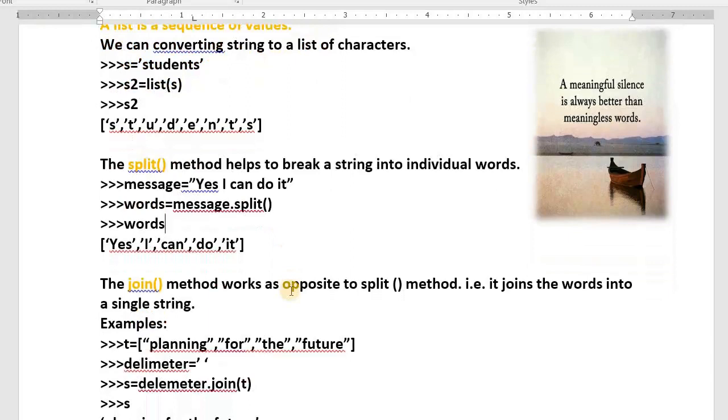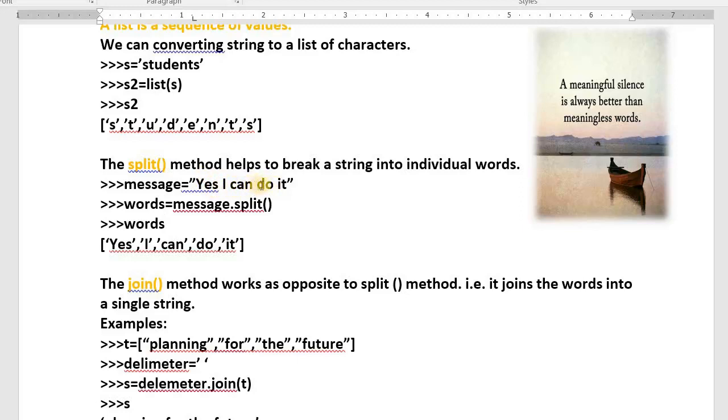And we can use the split method here. It helps us a lot. The split method helps to break a string into individual words. You can call it a sentence also. Here we have 5 words. I want to separate all the 5 words.